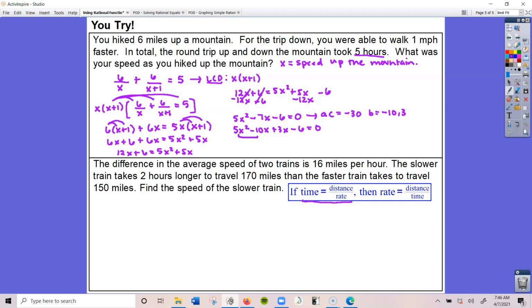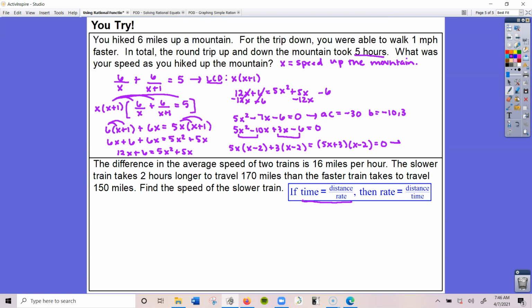And now we factor by grouping. 5x squared and negative 10x both have a 5x in common, leaving me with x minus 2. And 3x minus 6 have a 3 in common, so plus 3 times x minus 2, which leaves me with the factors 5x plus 3 times x minus 2,